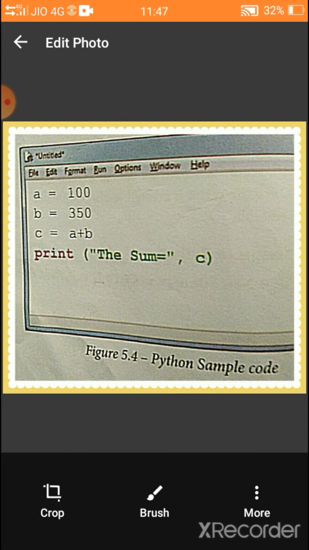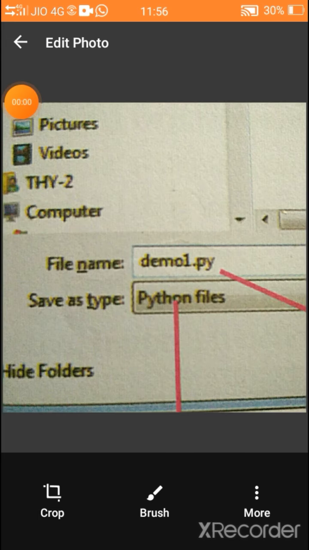So C without double quotes is not a string. It prints the value. So what is the value of C? 450. To get the output for this program, we have to save this program and go to Run. Then the output will appear. In script mode, the prompt symbol will not appear. Is it clear? So this is the way to write a Python program in script mode.